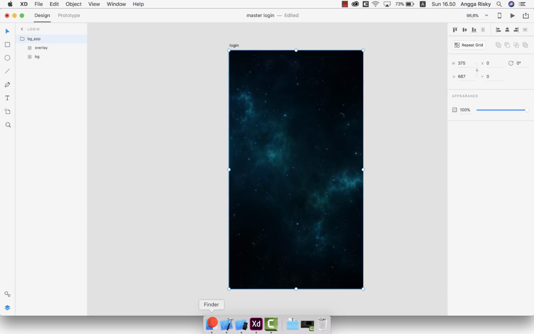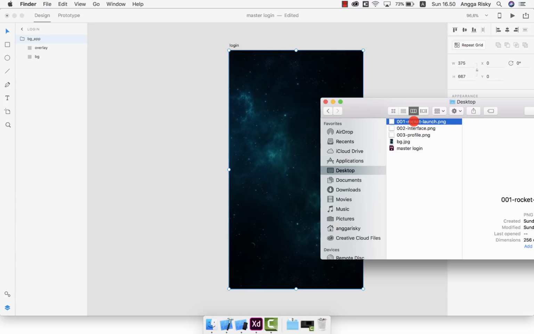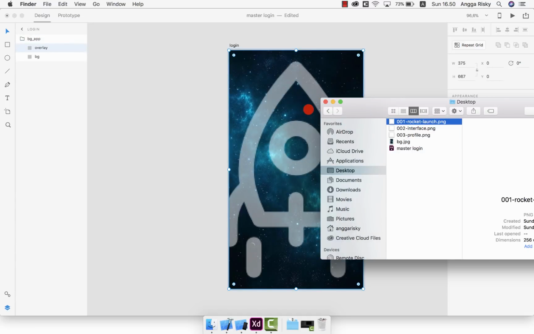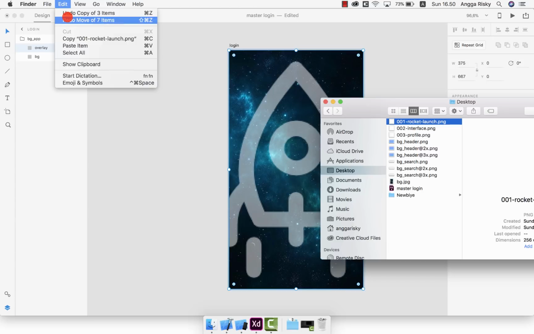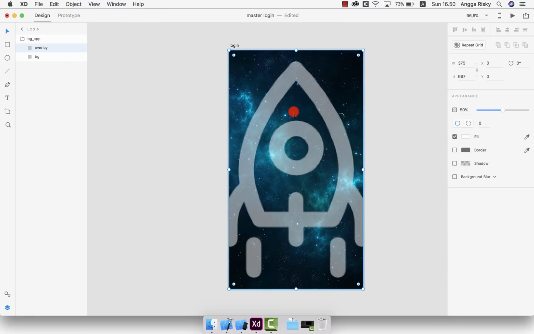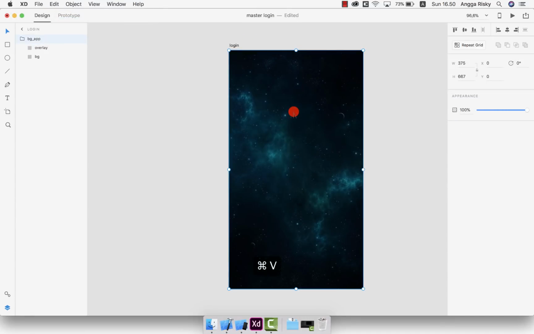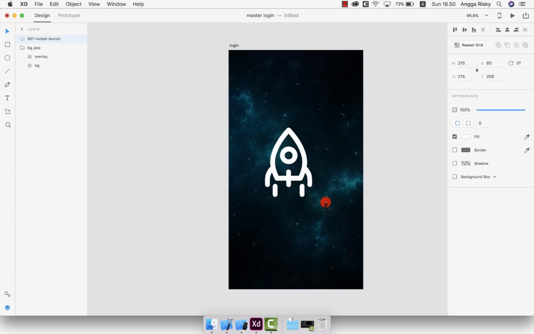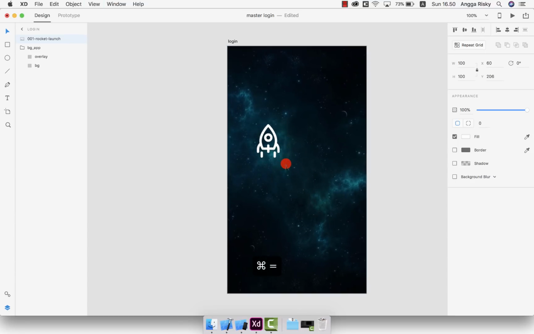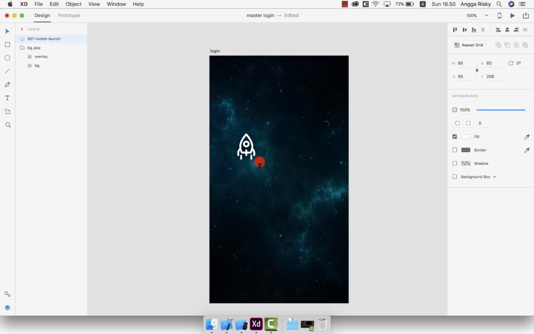And after that I will copy this rocket launch. Just copy this rocket launch, and then but first I will redo. Okay, and after that I will make it small. This is for the logo, like this, and I will create